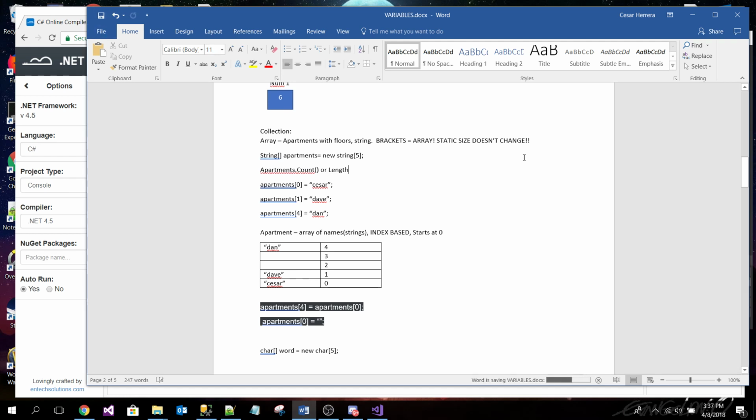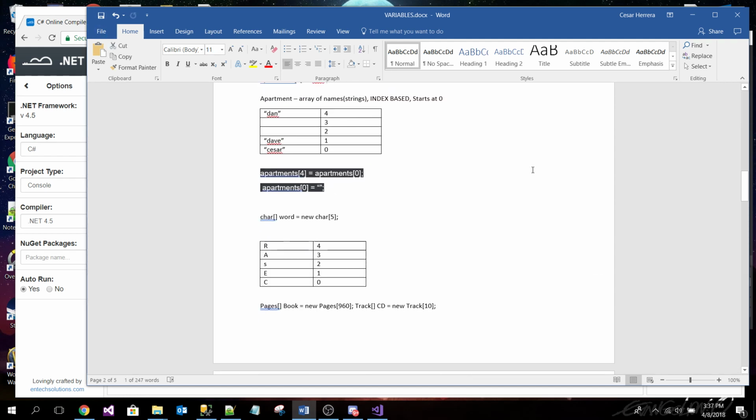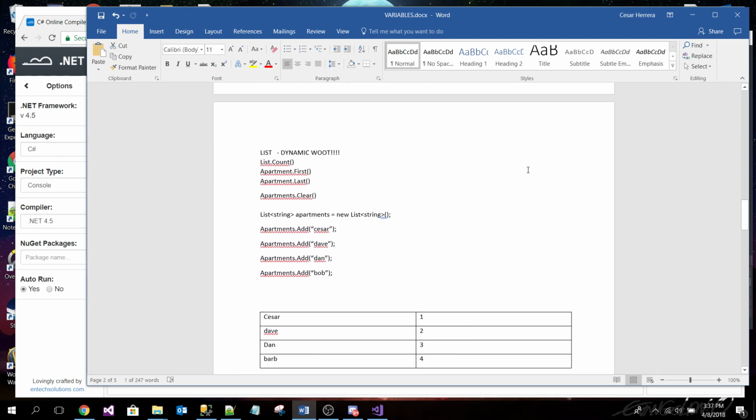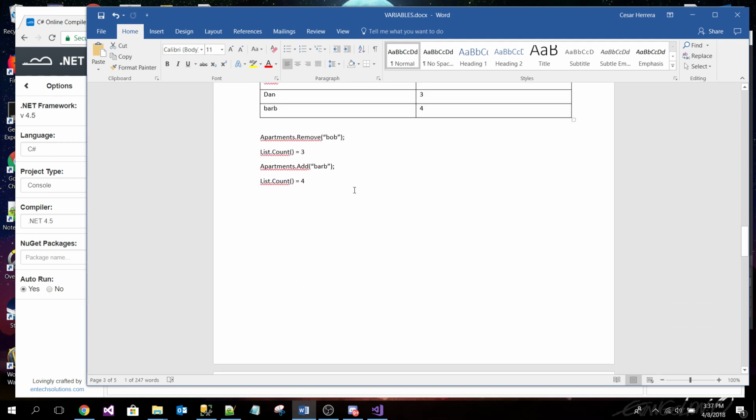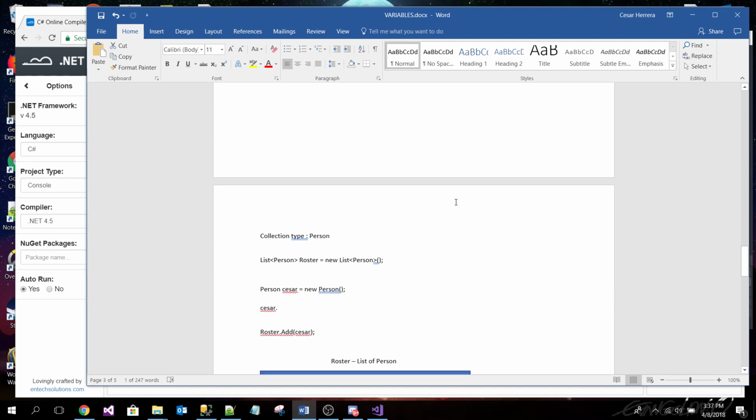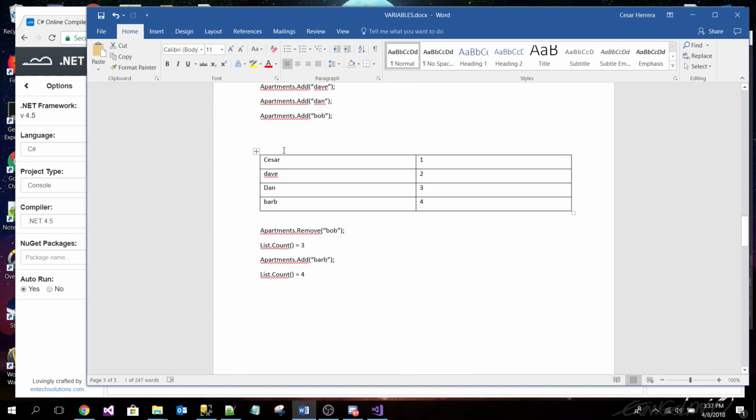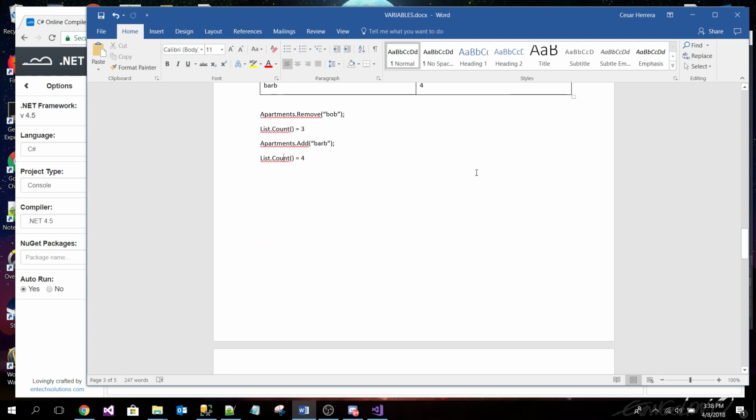Length is important, no matter what they say. You've got to remember that. So we have a list here, and you can put things in the list, and you can remove things by an index. You can remove, count. You can do all sorts of things.